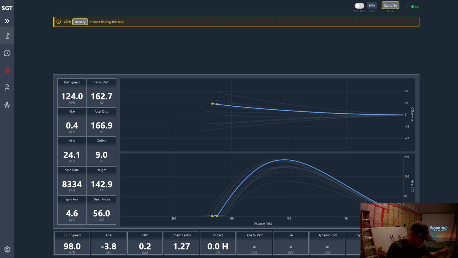Yeah, here, I'll just show you like this. So that's how this is working right now. I would love to expand it, and you can see here already that we have face to path, Y, dynamic loft, spin loft, and low point as examples of data that we could get basically by modifying what we're doing right now, but using